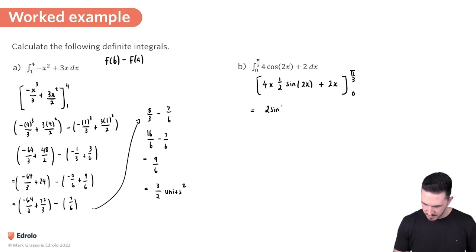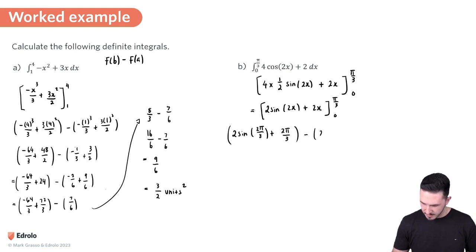So 2 sine 2x plus 2x, pi on 3 and 0. So first thing you want to do is substitute in pi on 3. So 2 sine of 2 pi on 3 plus 2 pi on 3, then minus 2 sine of 0 plus